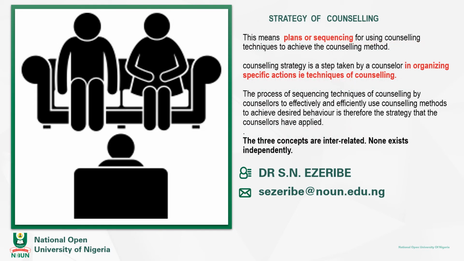And so, strategy of counseling. Now we are still seeing this couple seated before the counselor. The way the counselor will plan or organize or sequence those specific activities in order to achieve his counseling goal, or achieve the method, which is a systematic process, is the strategy. That is the planning, the sequencing, the organizing of the techniques to achieve your purpose. What is it? The